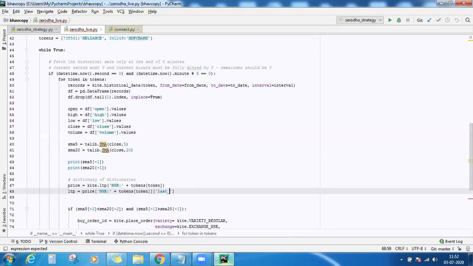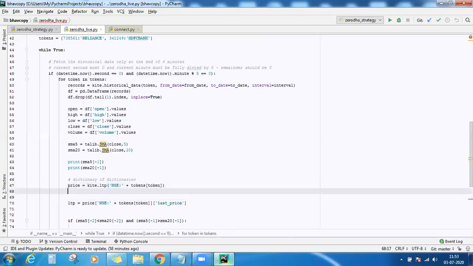Inside the returned dictionary, there will be one key called last price, and that key has the LTP as its value. So this is the main dictionary, and this is the key for that, and this is a dictionary inside the main dictionary, and the key name is last price. So now I have the LTP here.